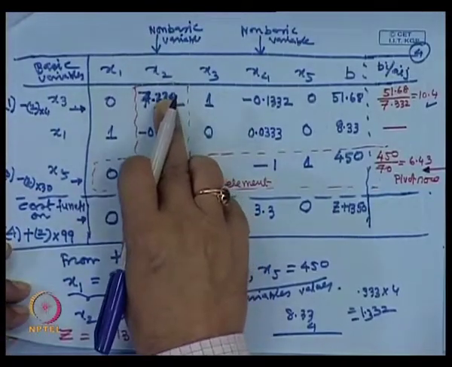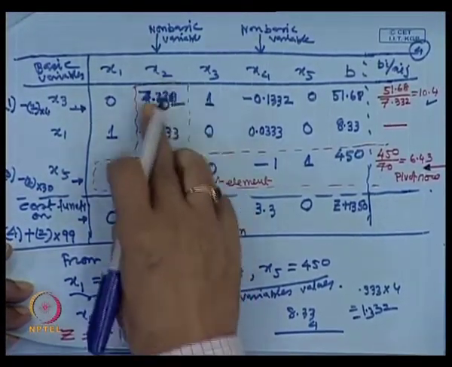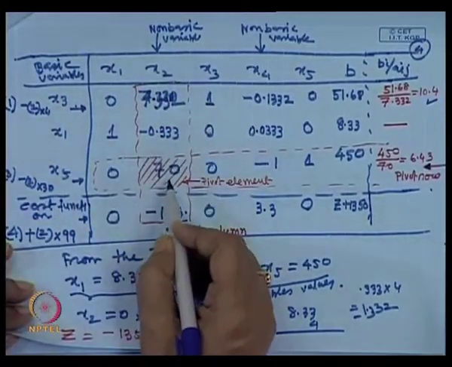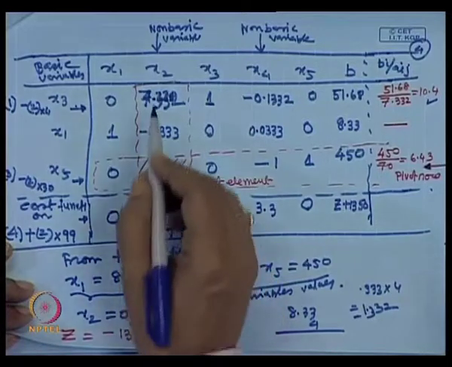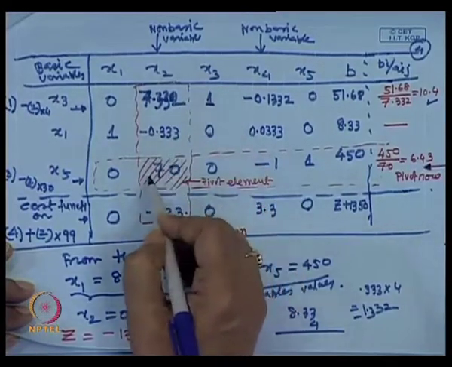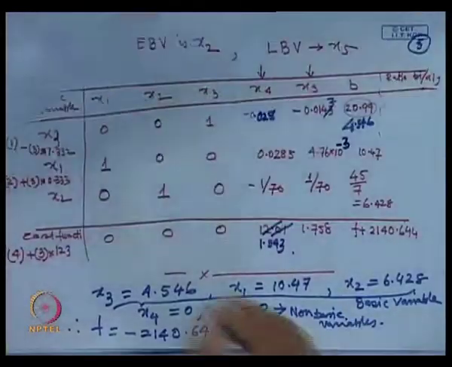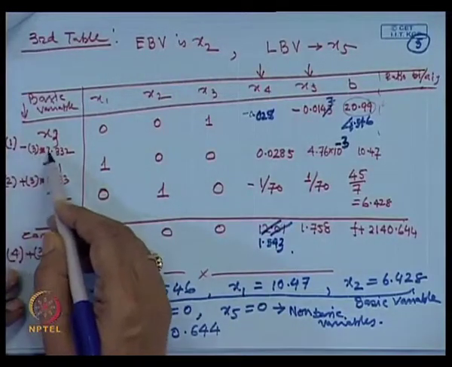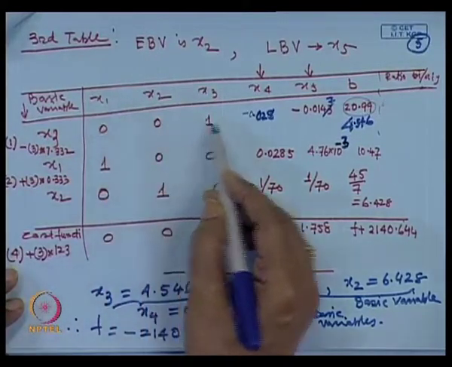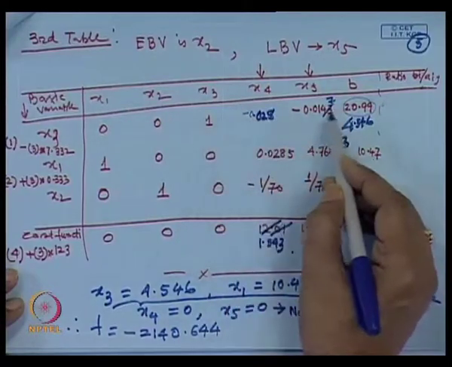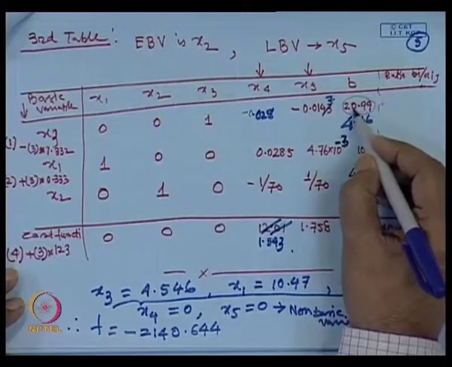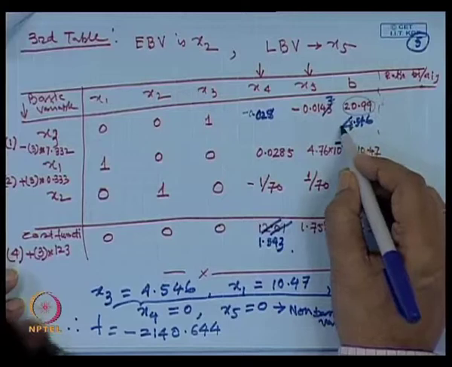To eliminate the x 2 coefficient from equation numbers 1, 2 and 4, I have to multiply equation number 3 by the coefficient 7.332 and subtract it from equation number 1. So, I have written 1 minus 3 multiplied by 7.332. If you subtract, you will get 0, 0, 1, minus 0.28 and minus 0.147, and last class we wrote 20.9. This is a mistake. We have to write